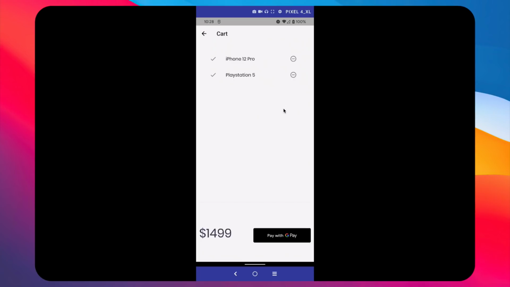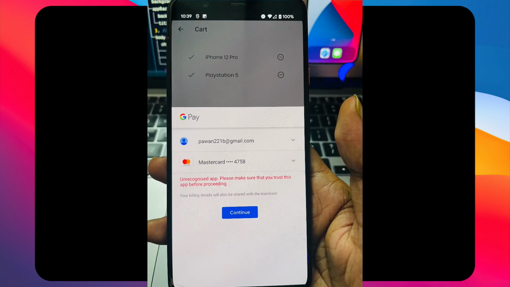And now if I click over here, then you can see my Google account inside my Android phone, which was not there. So now you can see we have the same option. Let's go back to cart, and now we have the same option, Pay with GPay. Now if I click here, you will see a pop-up which you cannot see on this screen. I'll post a screenshot of it probably.